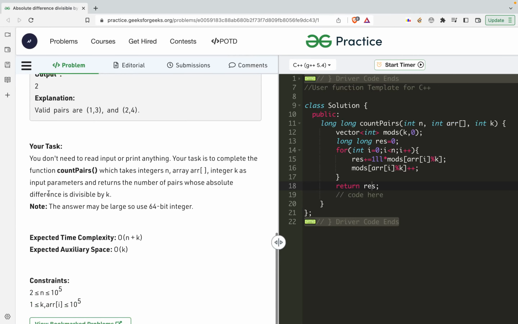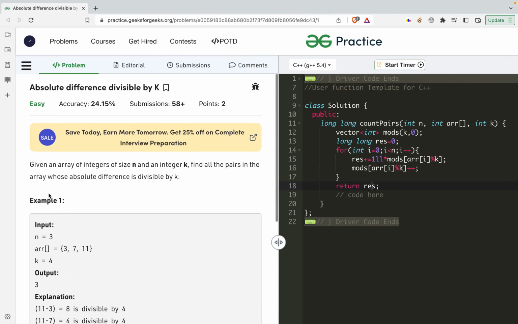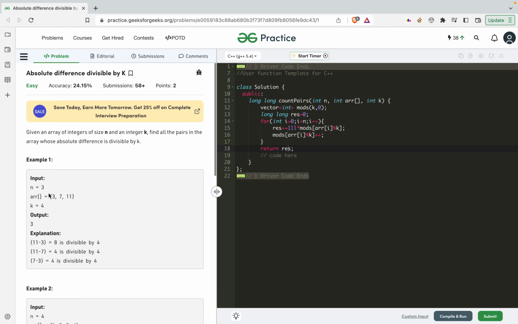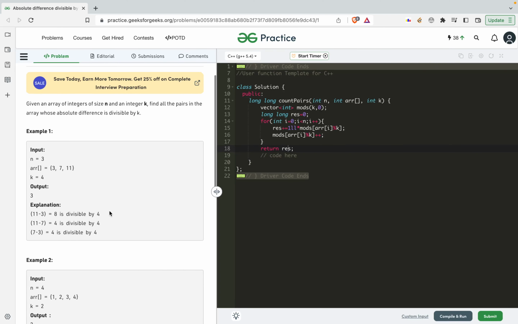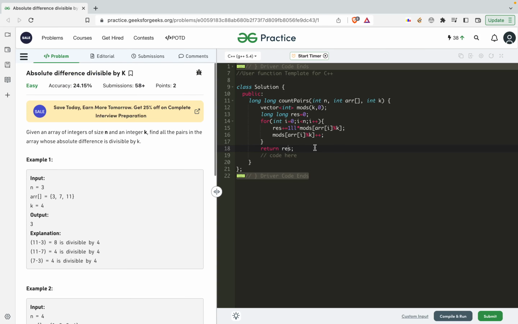If you still have some doubt, definitely let me know, but I think it was one of the simplest questions Geek for Geeks has asked in, I'll say, a long time, and also it was pretty clear. So over here I'm doing the same thing. I'm taking a mods. So mods actually is a